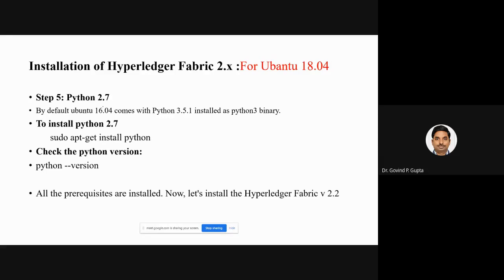Now after that you have to install Python 2.7. In order to install Python, simply write sudo apt install python and check its version. Now these 5 steps are required.